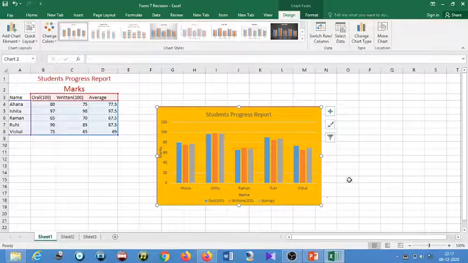So in this way, students, you can format your chart.